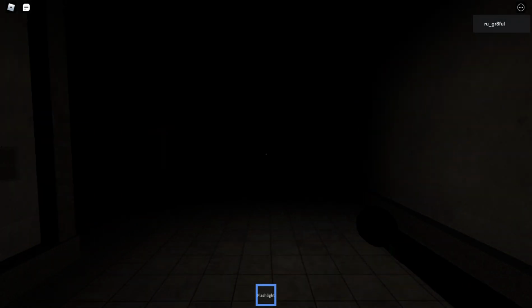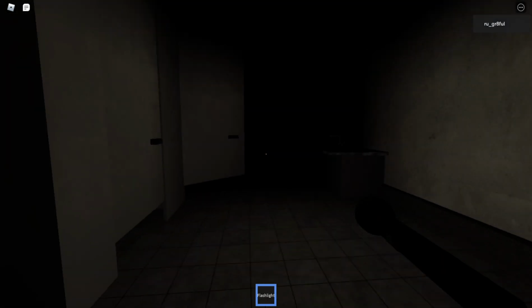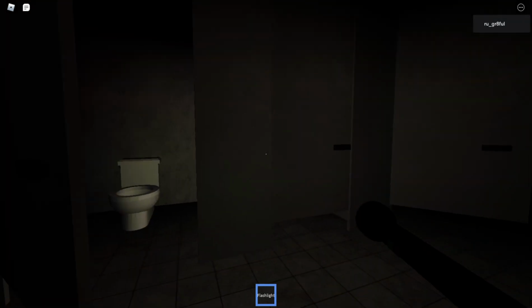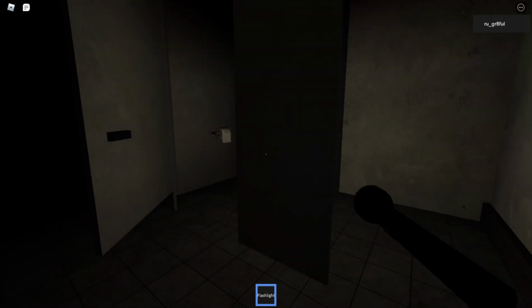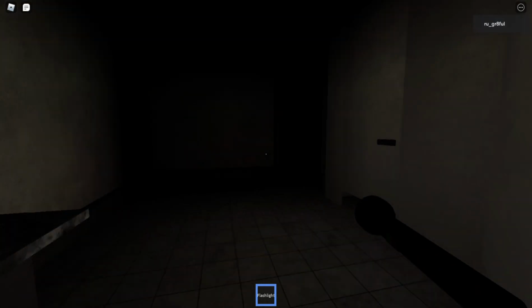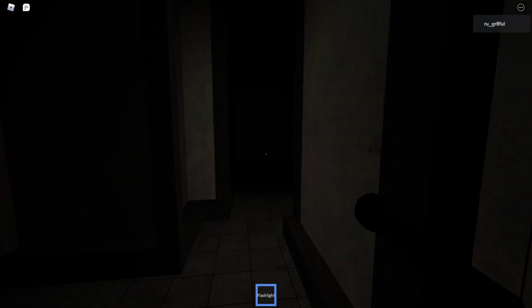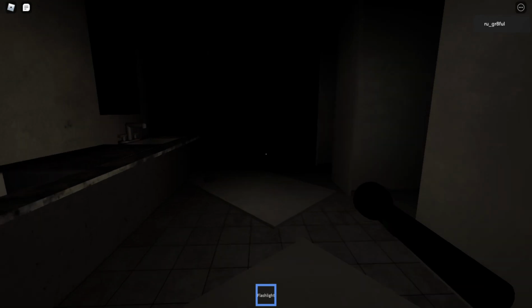Well, we're getting close to the... there's something over here if I remember correctly. Oh, there's that jump scare. It was too brief. Devs, you really should have made that one a little bit longer, and a bit scarier. There's really nothing on this side